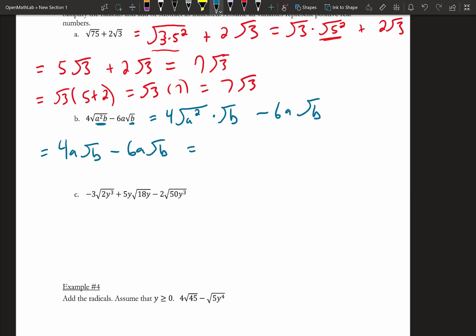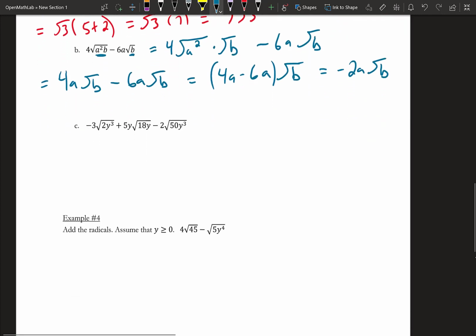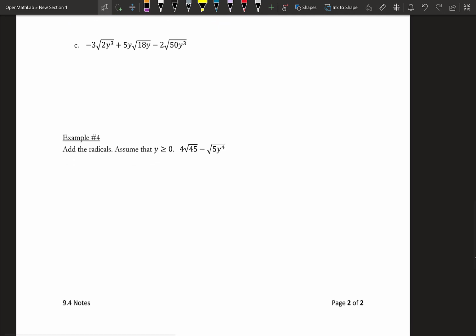So this would become 4a minus 6b times radical b, right? Just factoring out that radical b. So 4a minus 6b is equal to, oops, that should be an a. Sorry about that. 4a minus 6a all times radical b, right? So this would be negative 2a radical b. Right. So then the next one